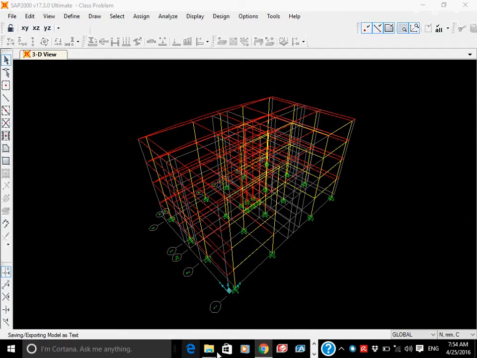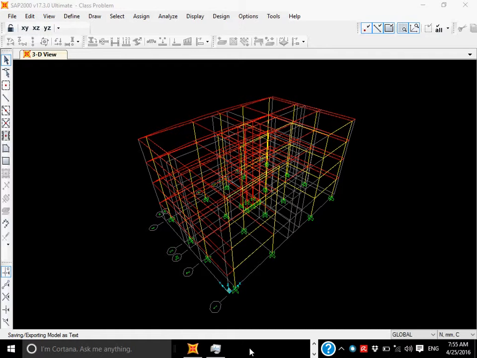Okay, in this class we will discuss the modeling of foundation and slab system in SAFE. So this is the model which we have designed in our SAP. Now it depends upon you what floor system you want to design at first. For example, if you want to design the base, then you have to give the elevation of the base so that you can start modeling on it.